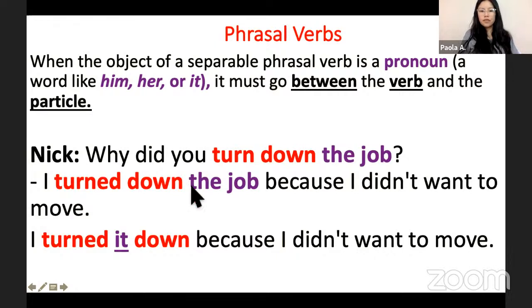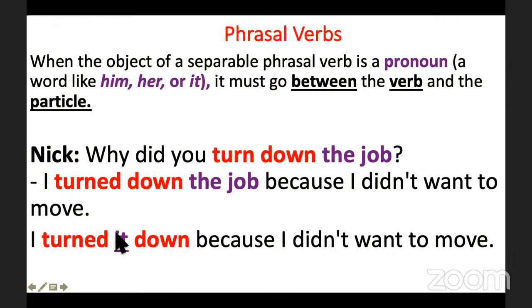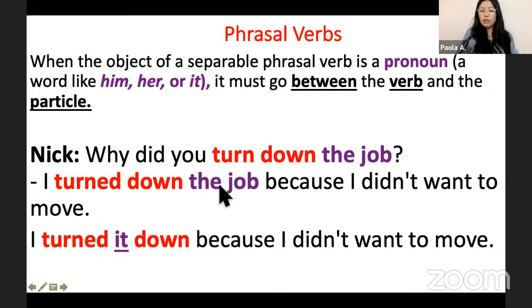No, it's clear. Okay. So obviously the pronoun is going to change depending on what I'm talking about. But the pronoun here is obviously a thing, that's why it's an it. If it were a person, it's not going to make sense. But I turned down my boss. My boss is a person. I could say I turned him down because boss could be a guy. I turned down Andres, so I turned him down. It's going to change depending on the object: him, her, or it.